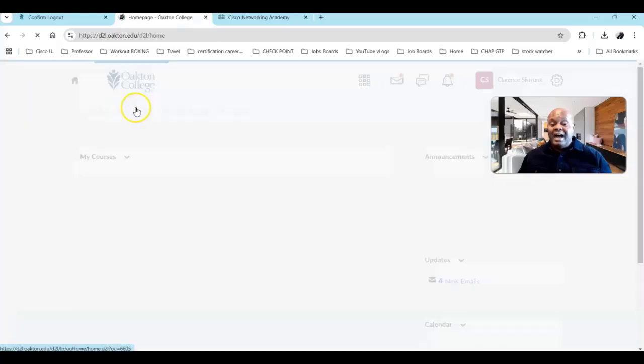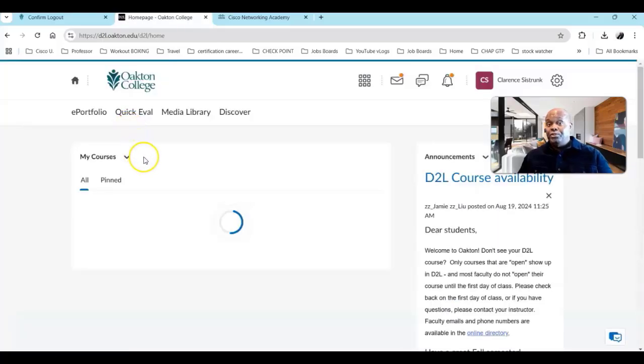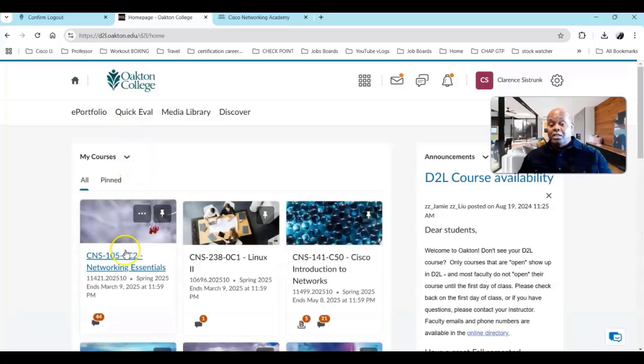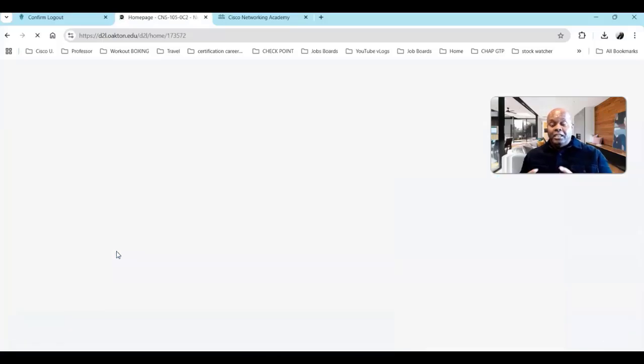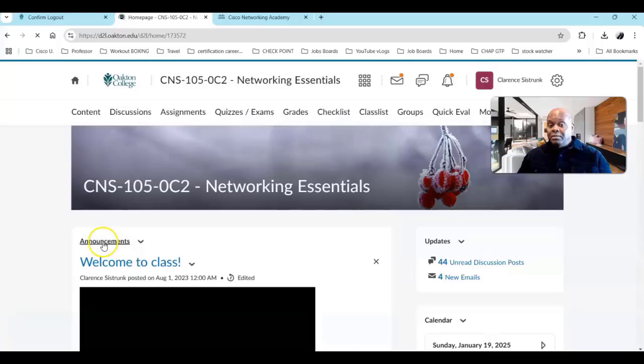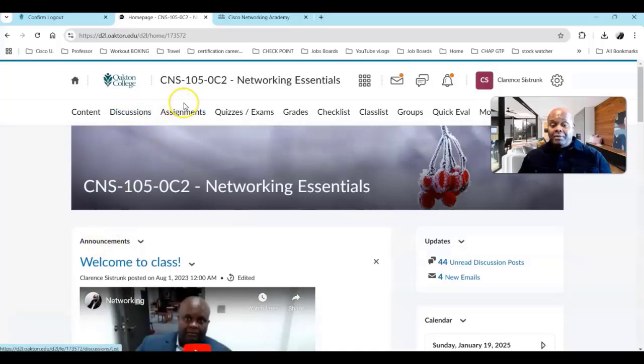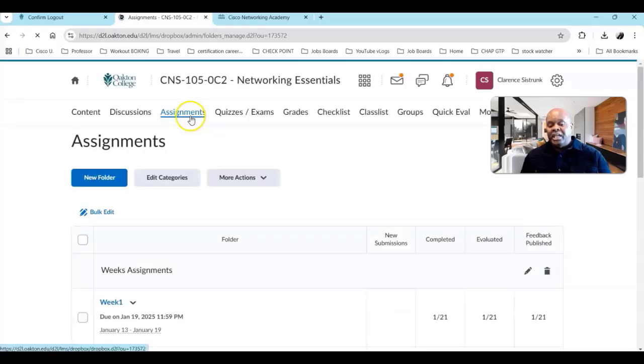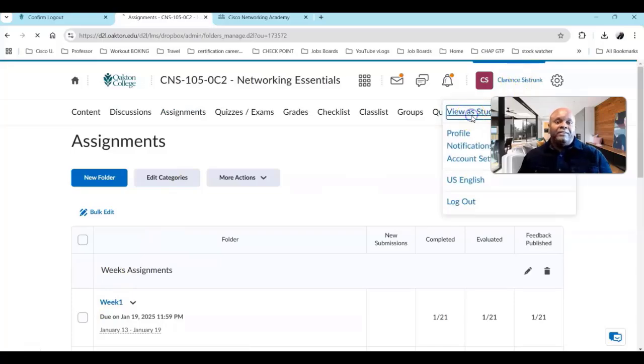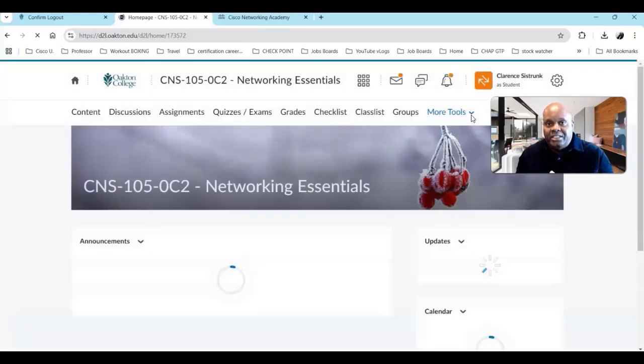In 105, you just have a folder where you can upload all your files. So let's go look at that. So this is how you would upload your files. So I'm going to click on Assignments, and this will give me a chance to upload my files in this week. And if I do it from a student point of view, now I know that file, that packet tracer I just created was